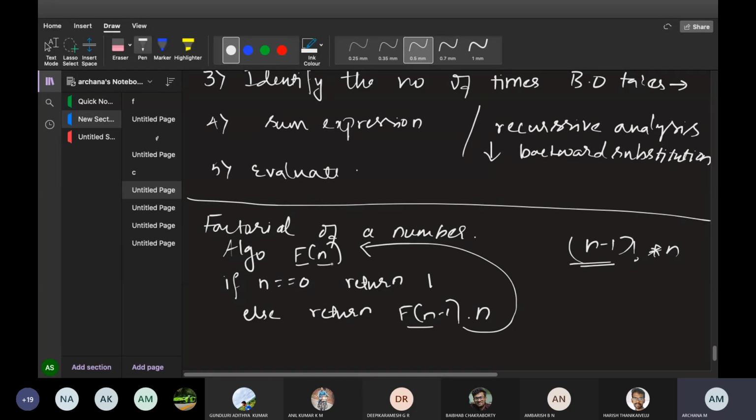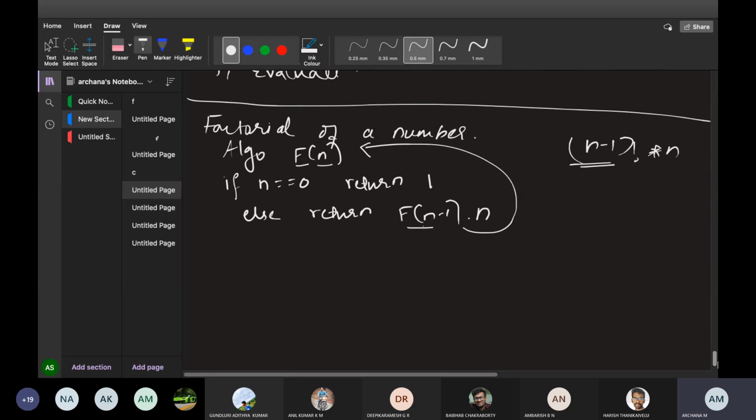Okay. Now I have written function f of n, and this function, it will execute here. Again, it will come here. As soon as it comes here, it will keep on calling this until you get the value. Why? Because look here, what is a factorial number? For example, I'll take 4 factorial. What is 4 factorial? According to representation of maths, it is 4 into 3 into 2 into 1, right? So what it will do? It will take this as 4, then it will take it as here again n minus 1, then again this will be n minus 2, again this will be n minus, like that it will keep on calculating this, right?